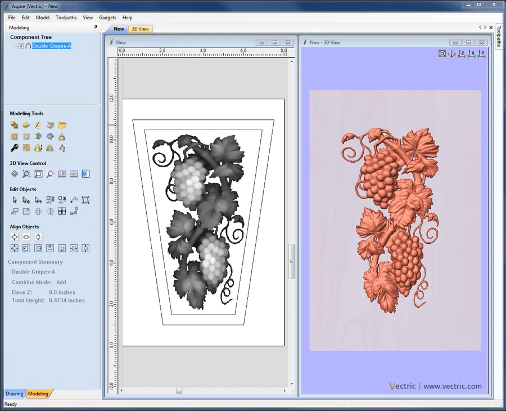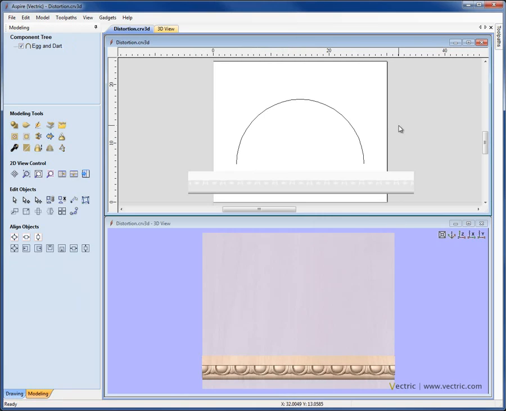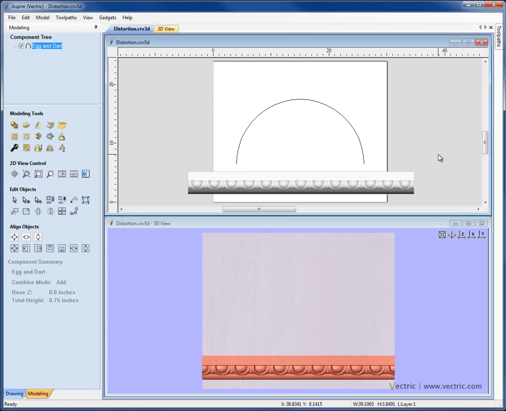Let's go into another session of Aspire now and look at an example of how we can create a distortion using a single vector curve. Here we have a piece of egg and dart molding modeled in Aspire. This is actually covered in one of the tutorials examples in the project section where we go ahead and create parts for a mantle. Here though, we're going to take this straight section of egg and dart, I'm going to select it, I'm going to shift and select this curve that I'd like to bend it around in order to